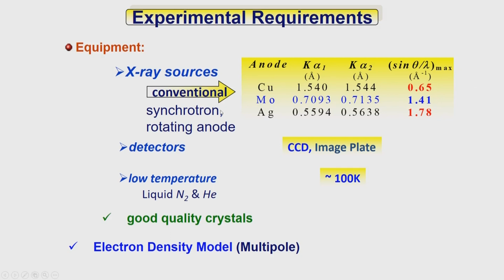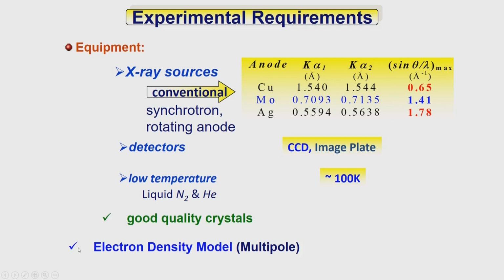We can use synchrotron radiation and tune the radiation in any range between silver and molybdenum, so that is also good news. We can use rotating anodes as well. The detectors could be CCD or image plate. I must add here a CMOS detector, which is nowadays the most suggested detector on diffractometers. For the low temperature data, we can use either nitrogen or helium. We use nitrogen, at about 100 K, because in all these there is one issue, there are 2 issues in fact. The 2 issues are the 2 which are ticked.